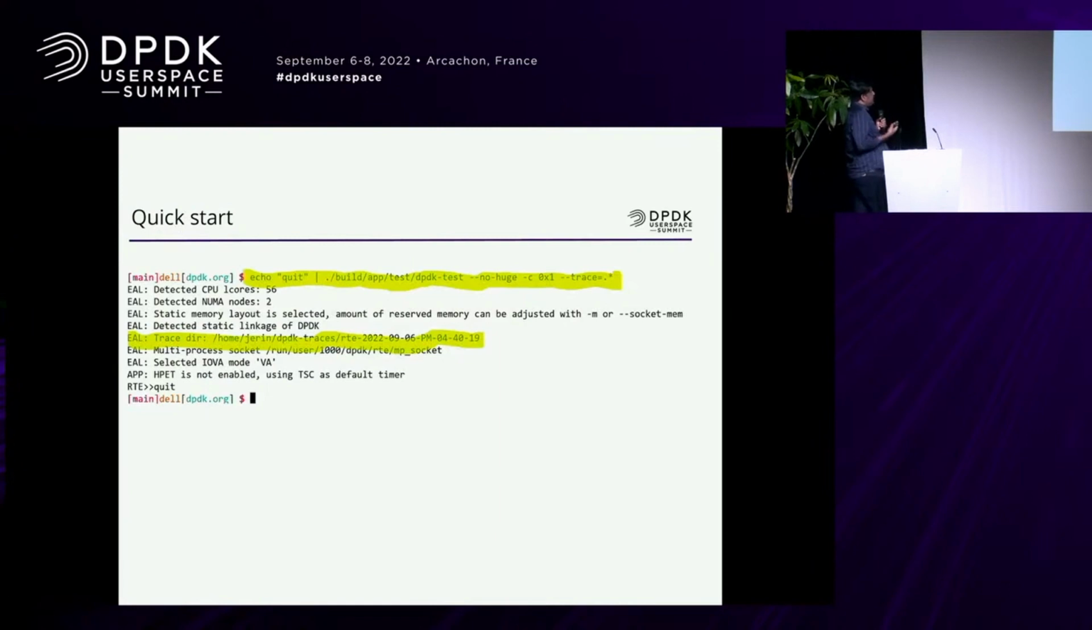Now let's get into the quick start, like how we can try trace without a top of tree DPDK build. The DPDK test is a standard application. We are simply starting this application and doing a quit just to exit the application. By default, we added a lot of trace points in-built, so you can see traces with that. This is just executing a standard application. You don't have to do anything specific. I just gave no huge page so that you don't have any dependency, but